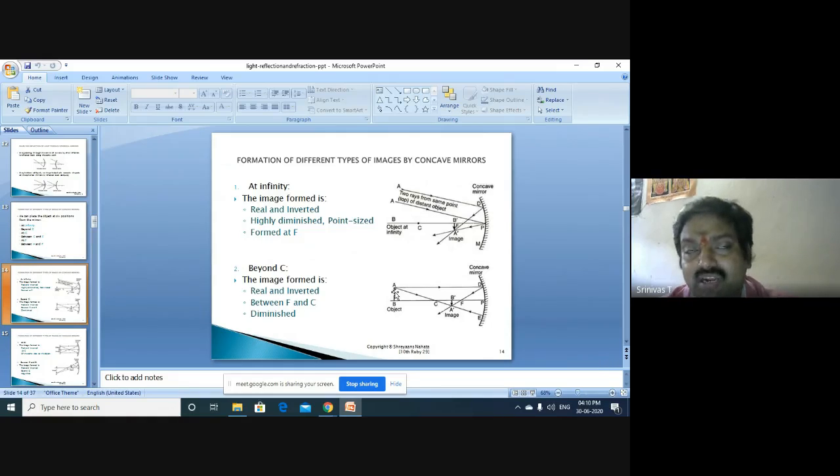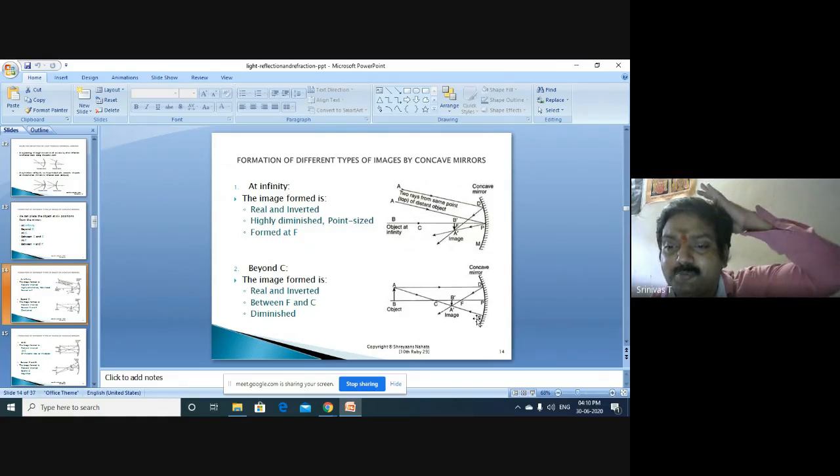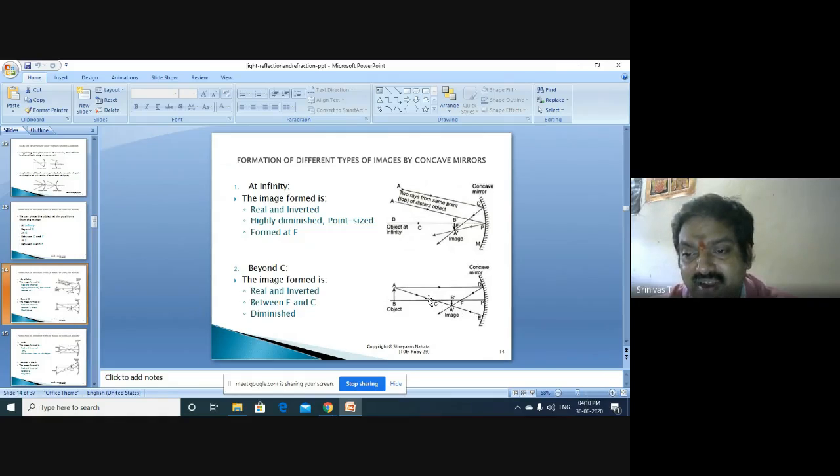We know that whenever a light ray passes through the center of curvature, it retraces its own path, and therefore for this ray you can have a direction like this. A direction like this is mentioned over here. So it just retraces its path. You can see from A to C and C to E. Again, it gets reflected from E.